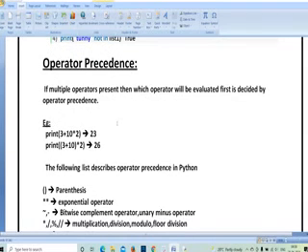Next, operator precedence. Here, to perform, for example, 2 plus 3 into 4 by 5 means I am giving arithmetic, that is addition, subtraction, multiplication, and division in a single task. It is going to perform that task by checking which operator to take first and which to take second. So who decides, if I give 2 plus 3 into 5, whether to do 2 plus 3 first or 3 into 5 first and then add 2? Here operator precedence decides which value to take first and which to take next.